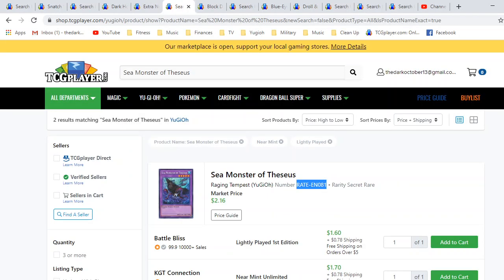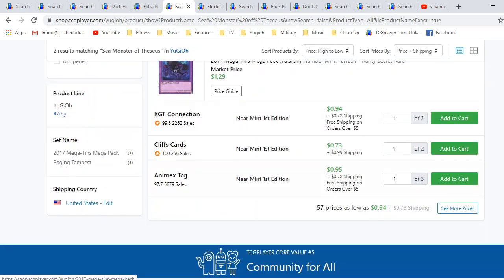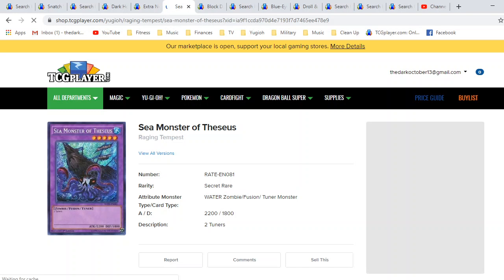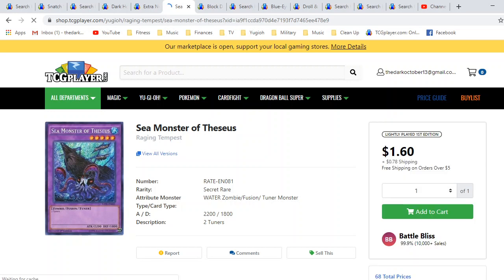So the next card is going to be Sea Monster Theseus. Of course, we're going to want to go into the original print, Raging Tempest. Great. Talked about this card before. I personally think this is going to be a collector's card. It's still cheap. It's still under the radar. By no means do I believe this card is ever going to be super meta or anything. But I mean, it's got this like